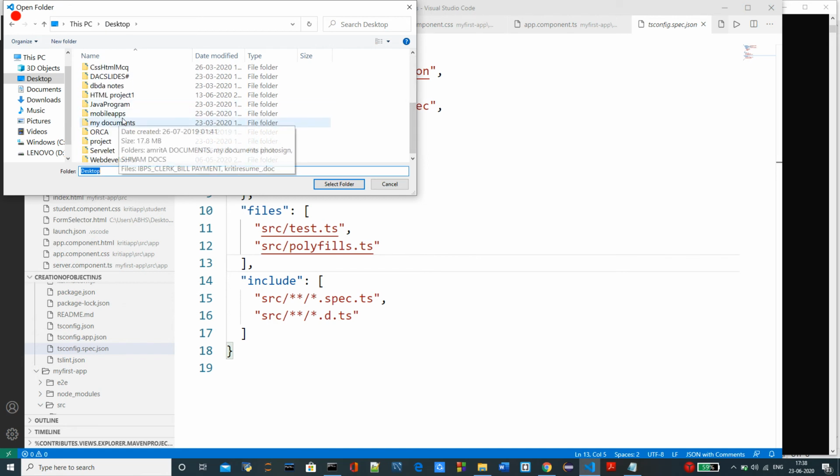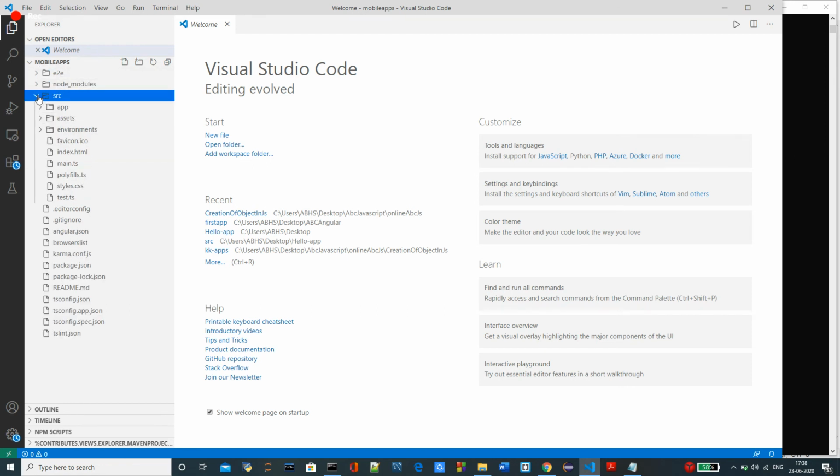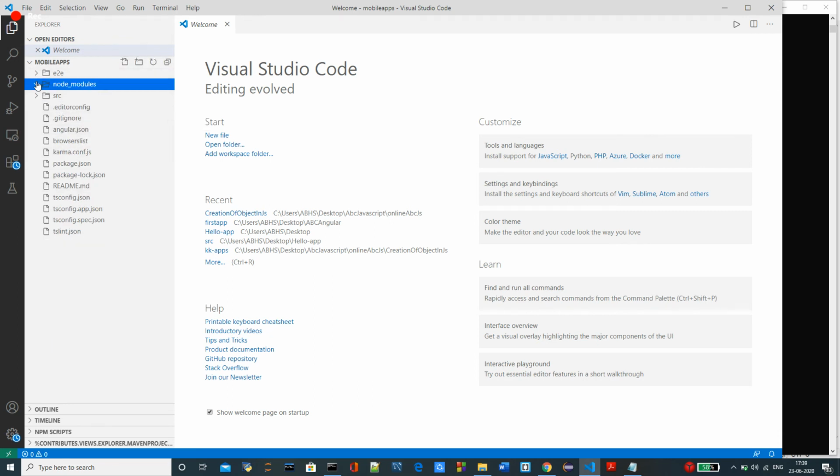This is the application. This is the project which we have created. So we are now inside this mobile application. We have opened this project inside Visual Studio Code. So now if you want to edit something, you can go and edit from here. There is the src. So many files are there.